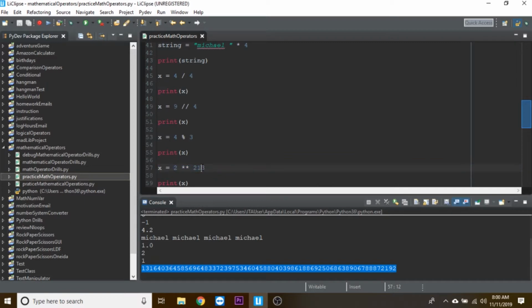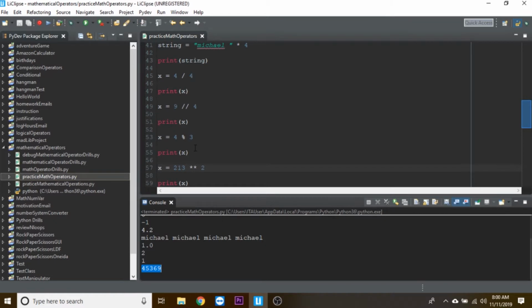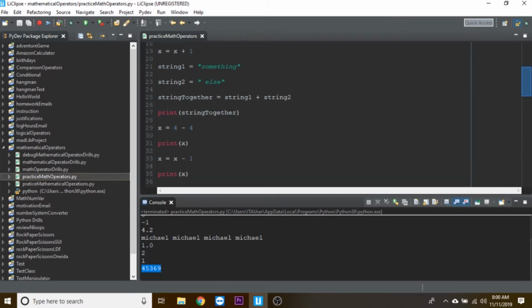I can also do it the opposite way. So I can make 213 to the second power and run that, and it'll print this. So that's all of them. We went through